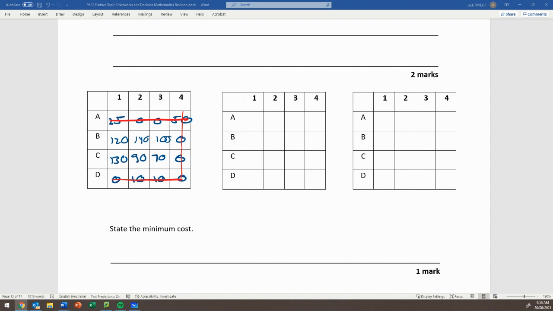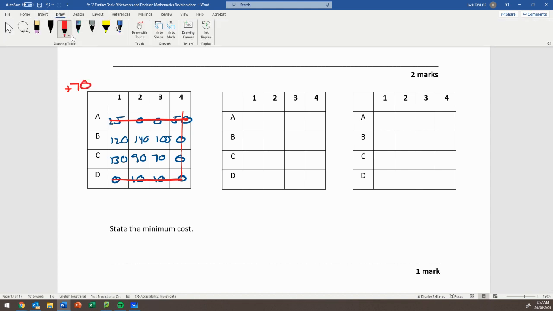All right, so now my next step is to look at my table, find the smallest uncovered number, and then add that to all covered numbers in the matrix. Sorry, and remember that any number that's covered twice, so the intersections, they get added on twice. So my smallest uncovered number here is 70. So if I redraw this matrix,